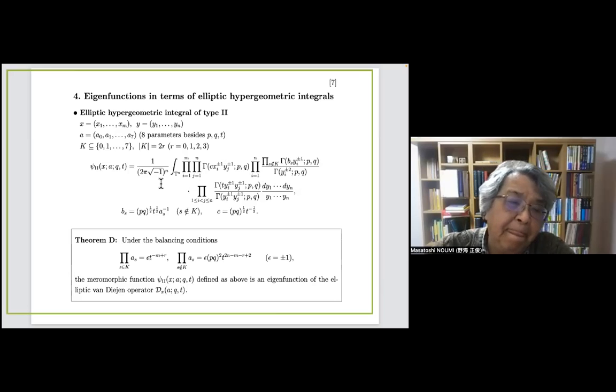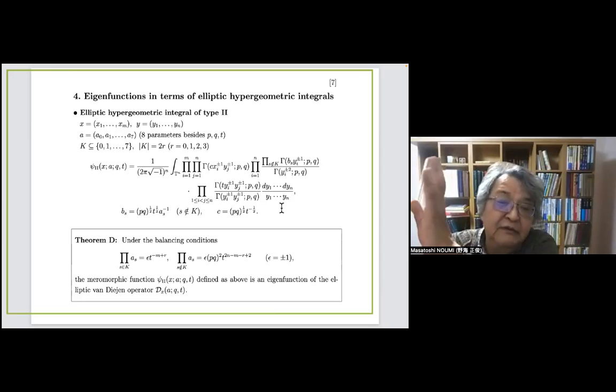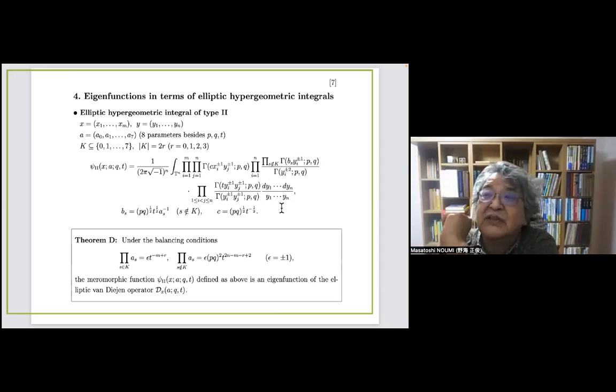So maybe it is not very easy to see, but this eigenfunction is obtained in two steps. So first, start with the constant function 1, and you apply the gauge symmetry, and then you can see that the U sub k function is an eigenfunction. Then to that eigenfunction, you apply the integral transform by the Cauchy kernel. So then write down everything. Then you get this type of integral representation of an eigenfunction, and it is actually a kind of Selberg